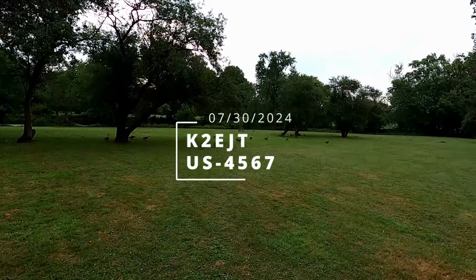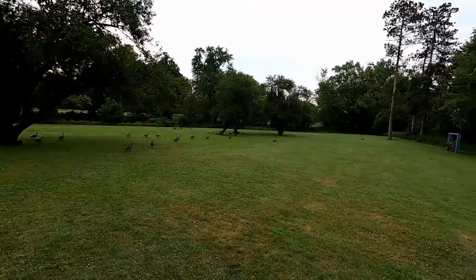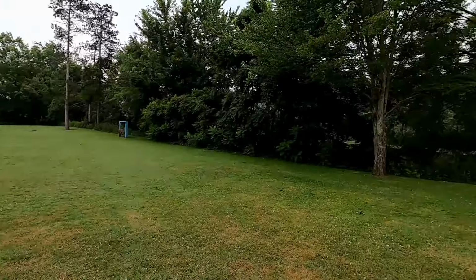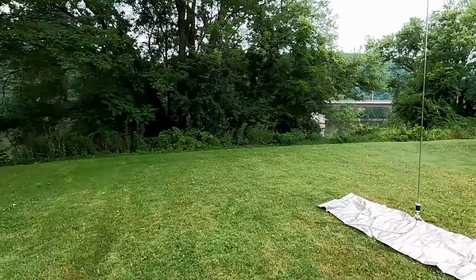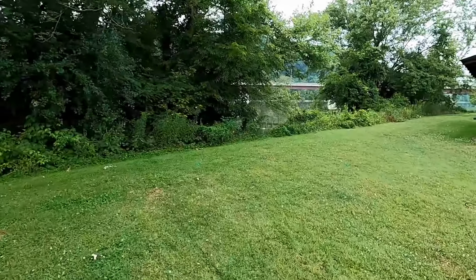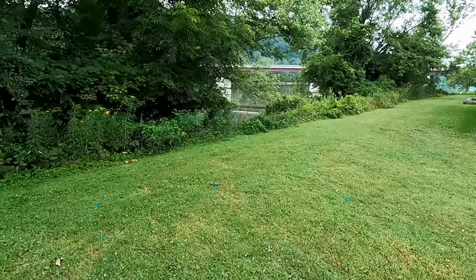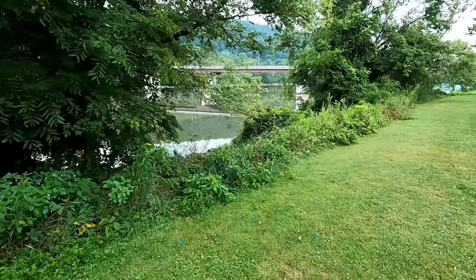Good morning, everybody, and welcome back to US-4567. I am at Hickory's Park in Owego, New York. I am right next to the Susquehanna River, which puts me in the activation area for the park. Hickory's Park is not an entity on Parks in the Air, but US-4567, which is the